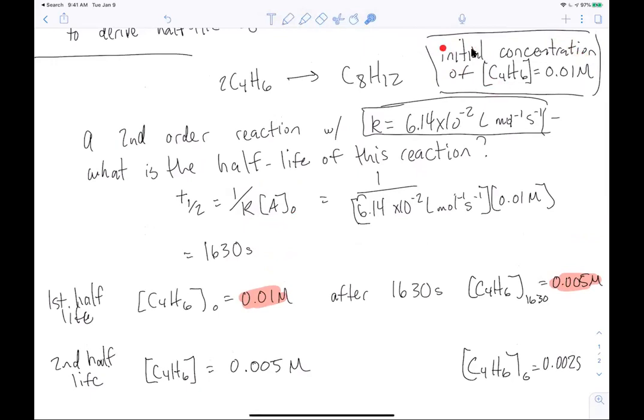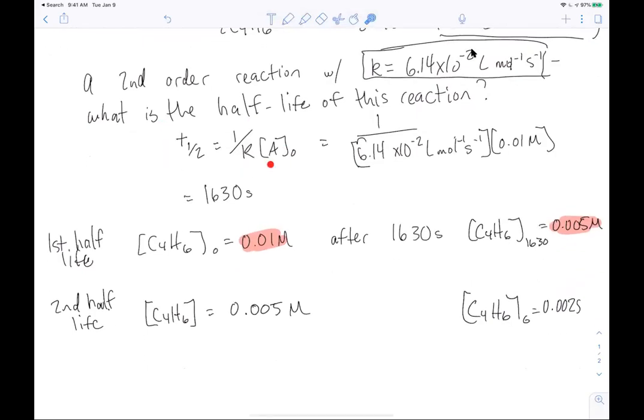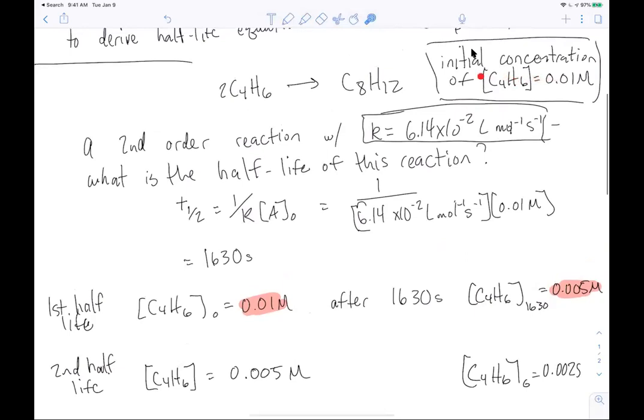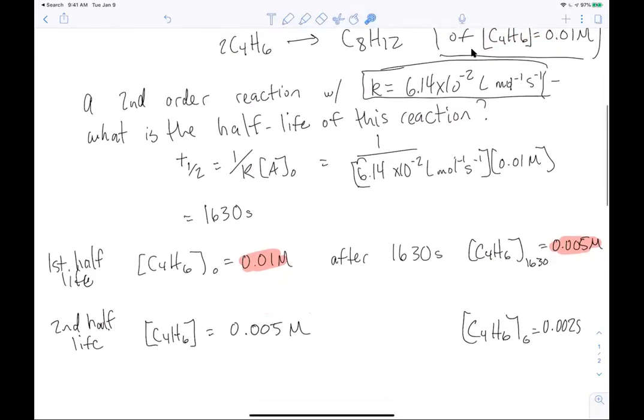So this is what I think is confusing about this. It's always going to be whatever this initial concentration is. But when you're talking about the half-lives, the initial concentration is sort of contextual. So for the first half-life, yes, it's exactly equal to the initial concentration in the overall reaction. But for the second half-life, now we're not looking at the initial concentration of the reaction. We're looking at this concentration over here. After the first half-life, I'm at 0.005. Now, how long is it going to take for me to go to 0.0025? And so that's just, again, going to be equal to